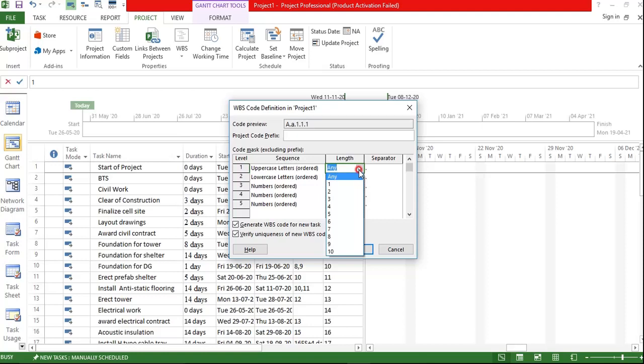Your length means how many characters you want to fit in. It means just keep it any. So this is how I give. I'll delete it. To avoid confusion, I have told you we will not be considering more than 3 levels, or not more than 4 levels. If required, you can consider more.